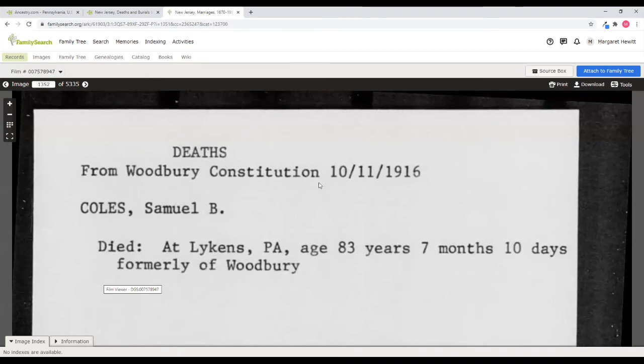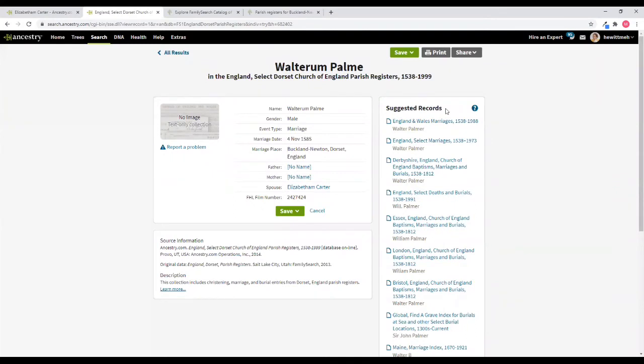So no death record in New Jersey, no mysterious second death. This is just an index for an obituary. And I'd probably go seek this out as a researcher because there's probably some great family information in here published back in his hometown. In this example, we were researching someone named Walter Palmer and his wife Elizabeth Carter, and